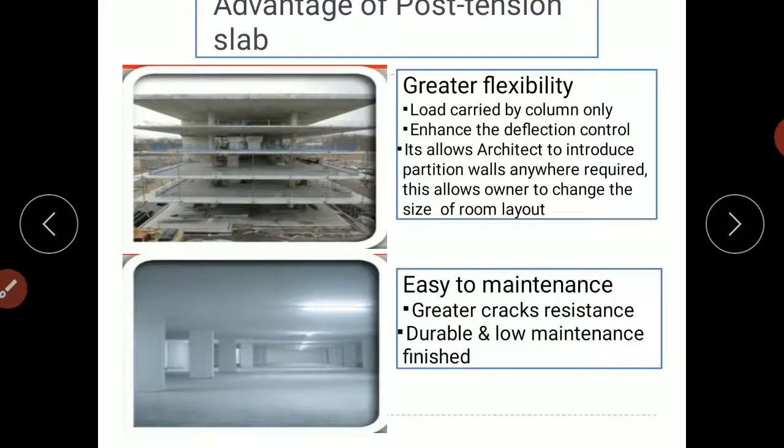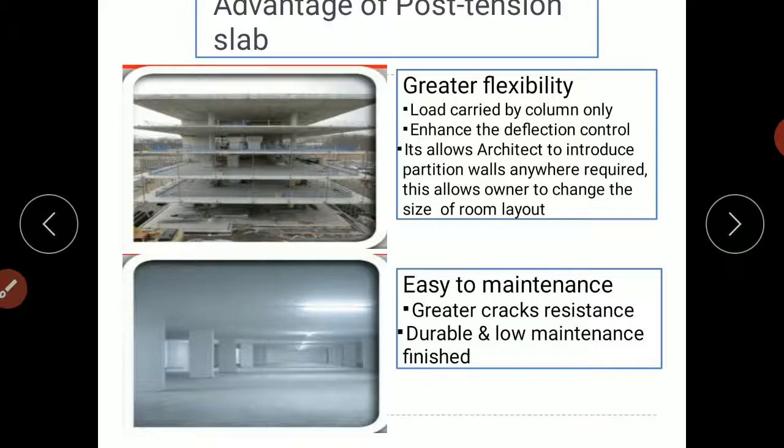Greater feasibility means the load is carried by the column only. There is no intermediate beam. In the conventional case, the load of the slab is carried by the beam, and then the load of the beam is carried by the column. In this one, the intermediate beam part is not there.